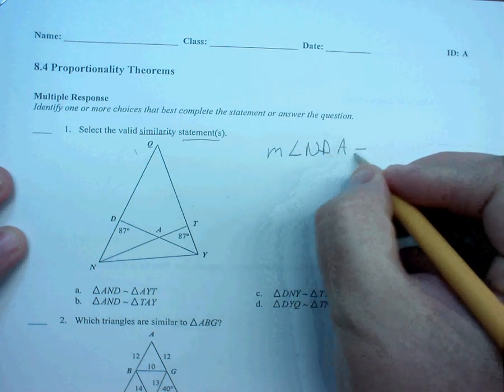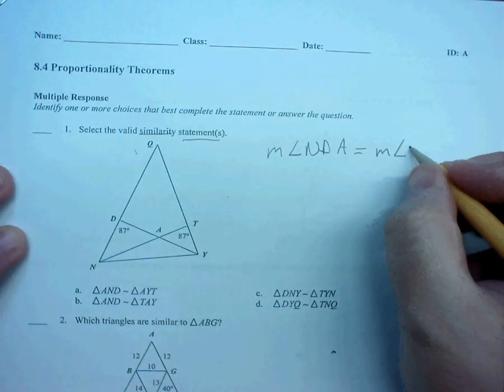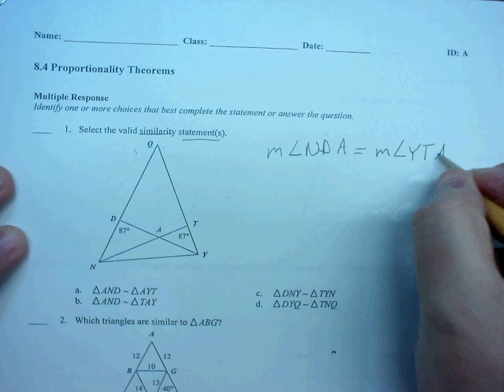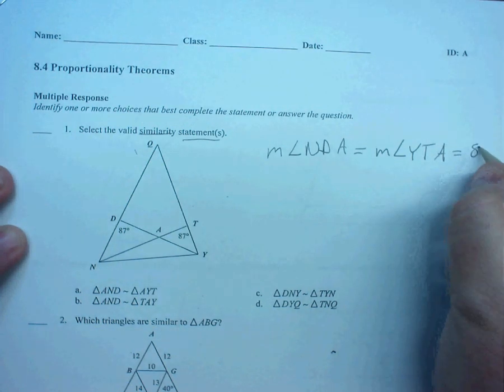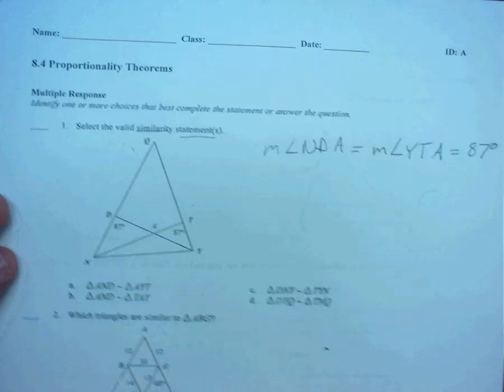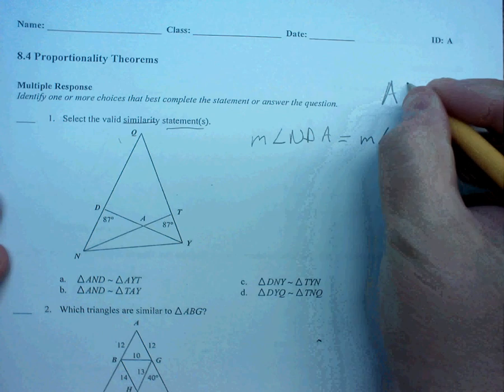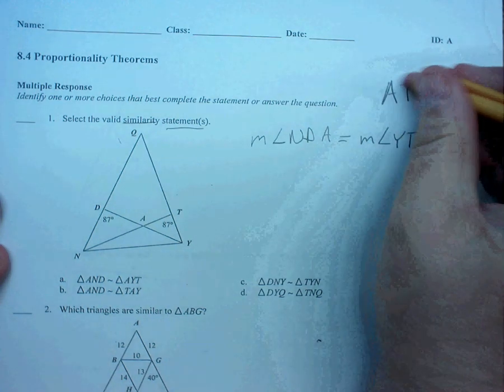NDA is equal to angle YTA, which is equal to 87. So now to prove they're similar, I can do it with the angle-angle theorem of similarity,